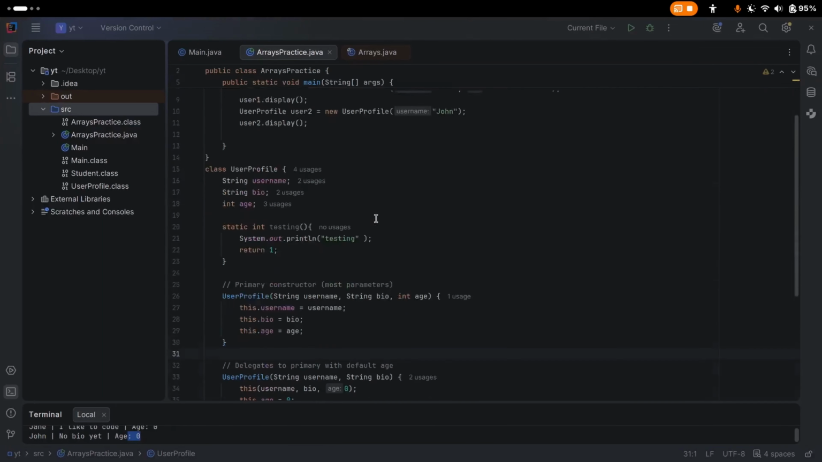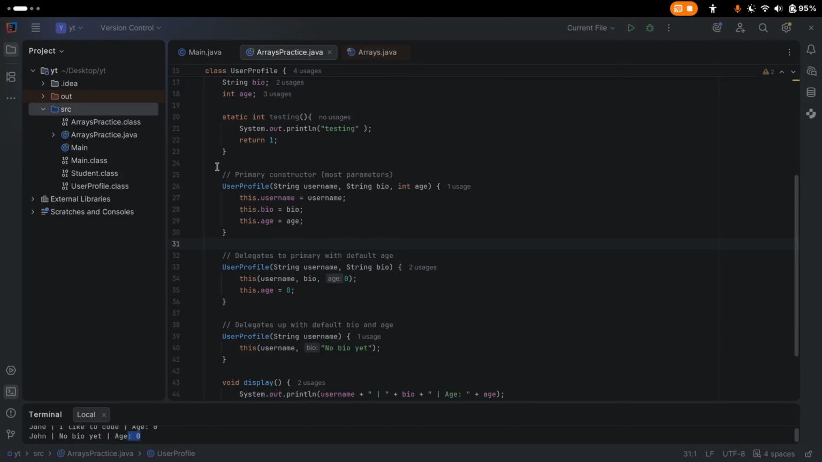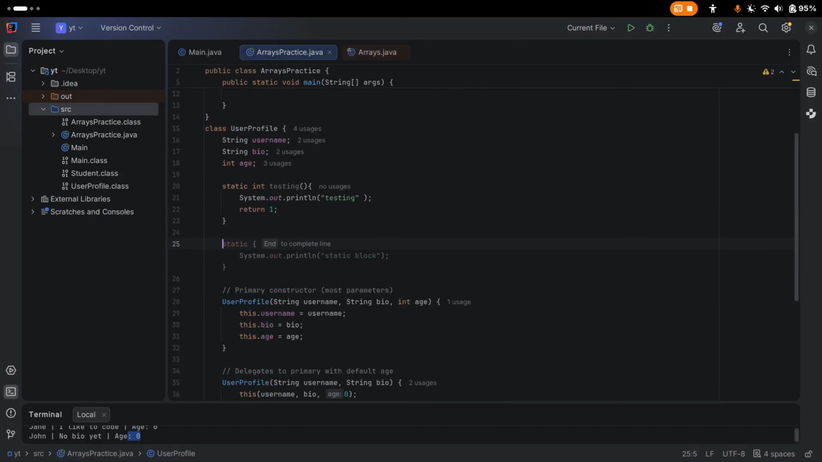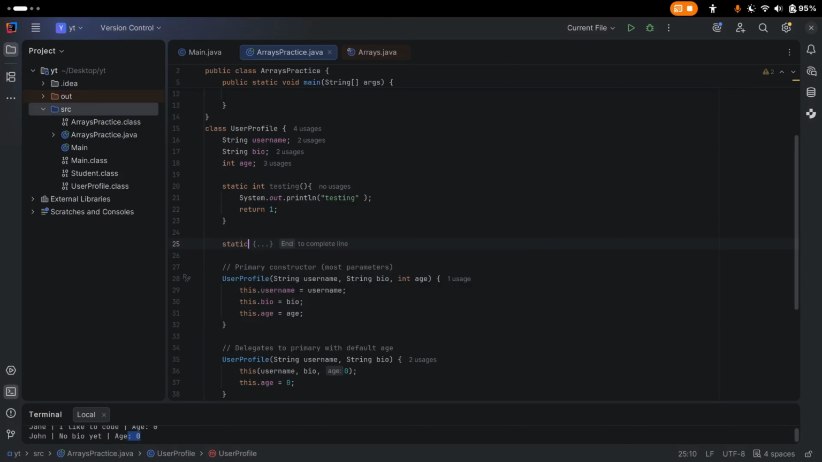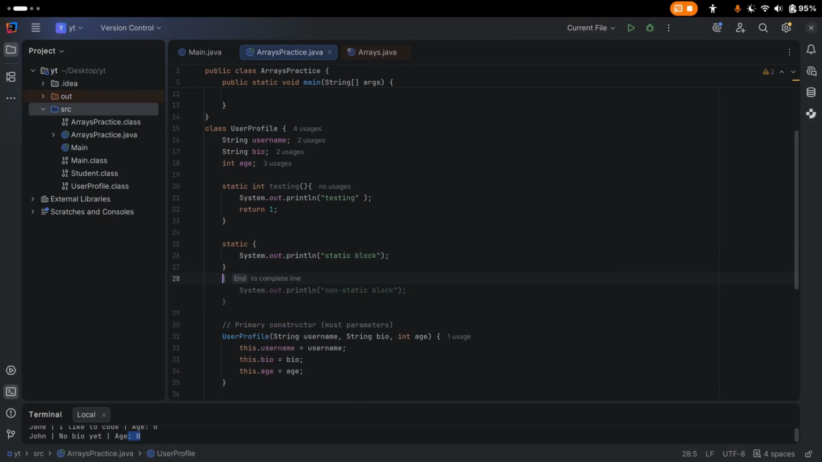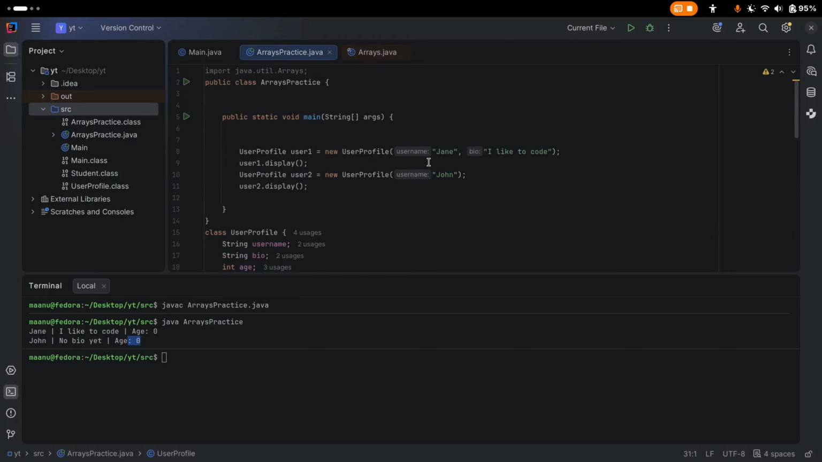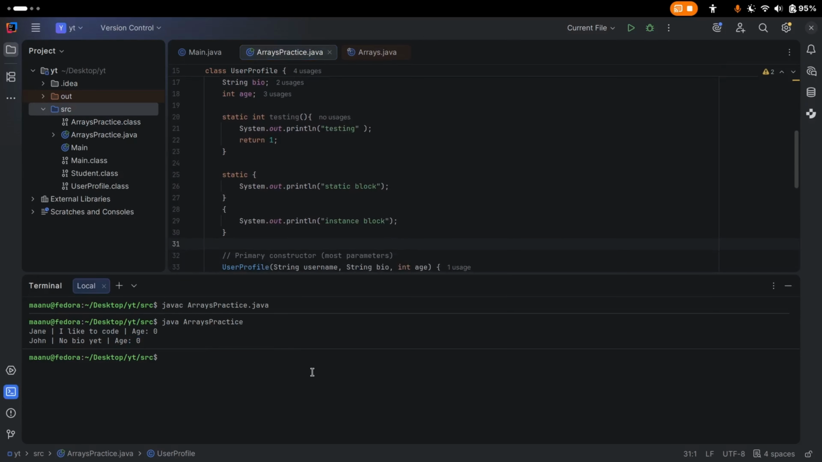In this same example, we have these constructors with chaining, that's fine. We can create one static block here that will run only one time. We can also create one instance block, that's fine, a non-static block. Non-static means that it is instance, right? So that's fine. And now let's create two objects just for understanding. Okay, run one, compile one, and